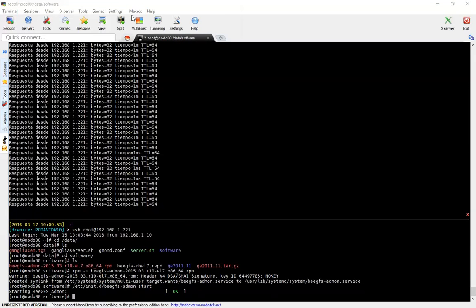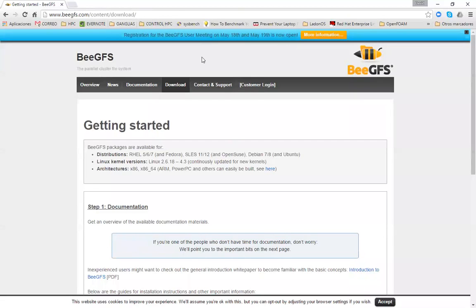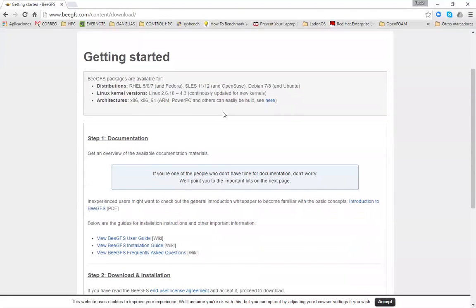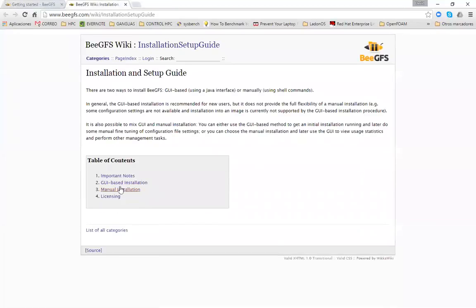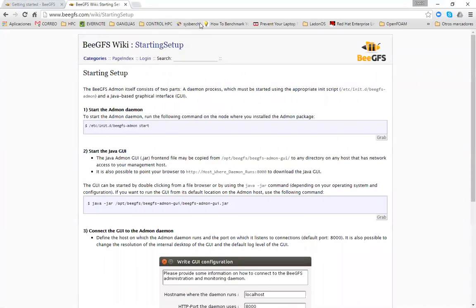One moment, I went to, oops, sorry. These all information are available into our website, and it's very easy into the getting start. Okay. You can see all information. In this case, we want to step by step the installation kit with the GM-based installation. Okay. Previously, we are downloaded and installed the admin package, and now we're starting setup. Okay. Dispatch. Previously, we are